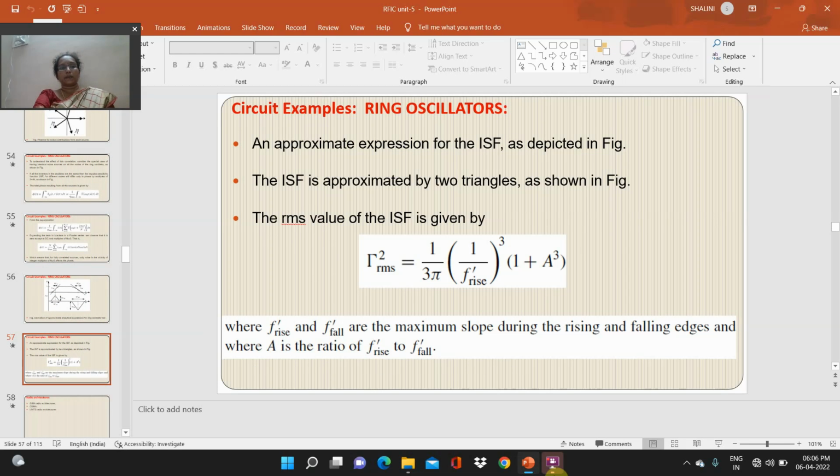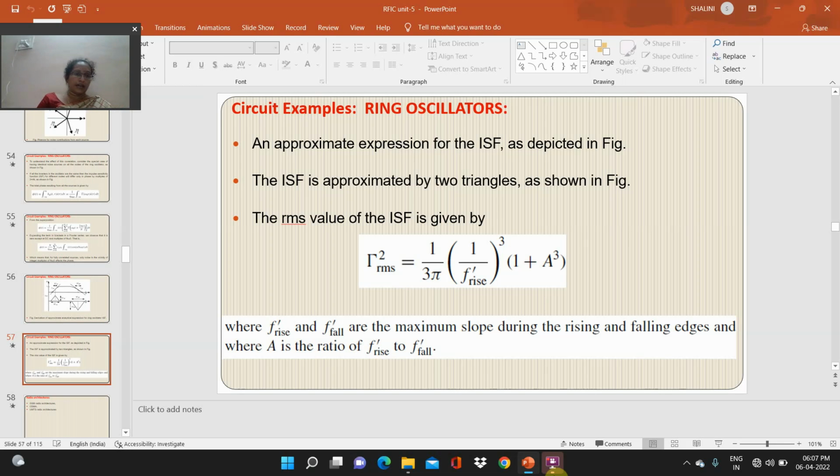An approximate expression for the ISF, as depicted in the figure. The ISF is approximated to two triangles as shown in the figure. The RMS value of the ISF is given by Γ_rms squared equals 1 by 3π into (1 by f' rise) whole power cube into (1 plus a cube),